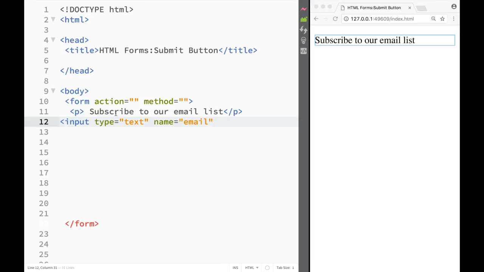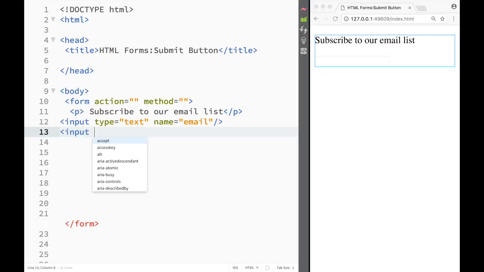Again, we don't care about it right now because we're not going to be sending it anywhere yet, but I'm just going to close it out over here. And now that we have a simple input text box, we're going to create a simple submit button. And the way we do that, over here we would write type, and the value is going to be equal to submit over here. And the name, I'm just going to say, in this case, is going to be subscribe